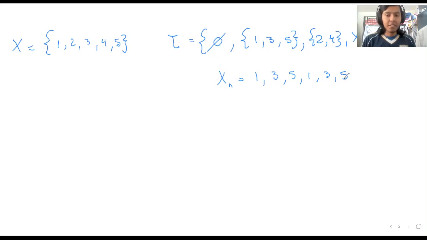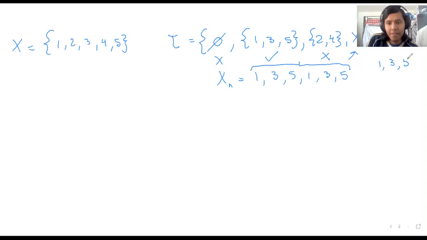So very quickly, let's just use that thought I had before. If an open set contains the sequence, it'll be good. This one contains it, 1, 3, 5. This one does not, and then this one does because it has 1, 3, 5. So those should be good, and this one does not. So I'll predict very quickly that 1, 3, and 5 will converge, but 2 and 4 will not, because they have an open set that does not contain this sequence.